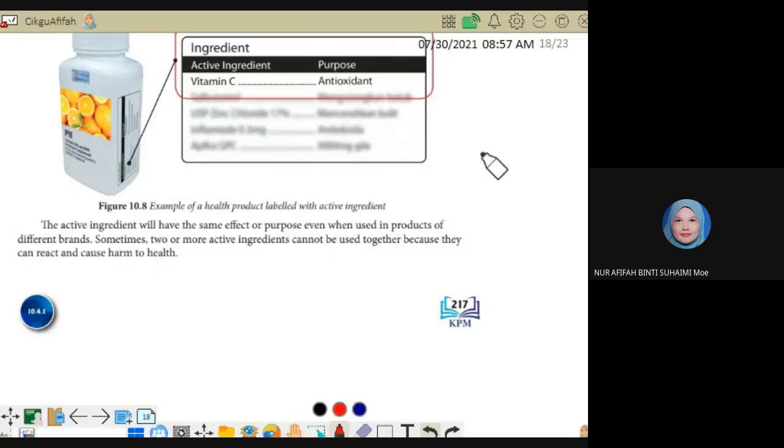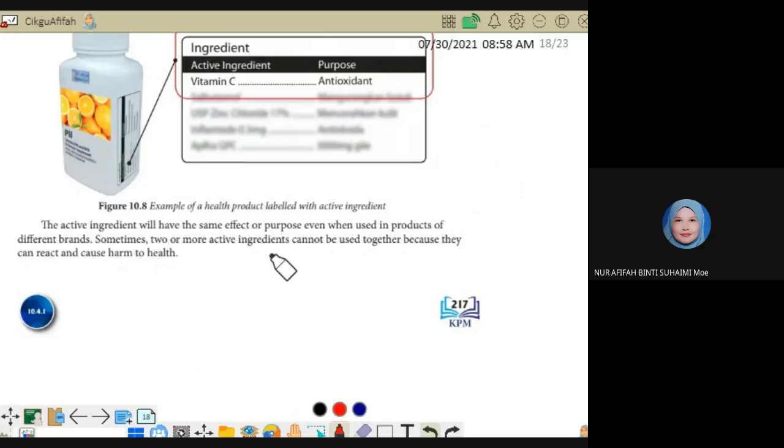Contoh biasa, kalau saya selalu guna yang Shaklee pun ada, MV pun ada, so kita boleh bandingkan Shaklee punya suplemen vitamin C macam mana, MV punya suplemen vitamin C dia macam mana. Tapi dia punya efek mungkin samalah, sebab dia punya active ingredient adalah vitamin C. So walaupun brand lain-lain yang you beli, tak kisahlah brand apa, kalau active ingredient tu tinggi, penting untuk antioksidan, efek dia pun samalah.